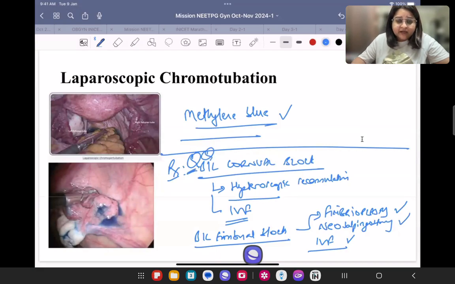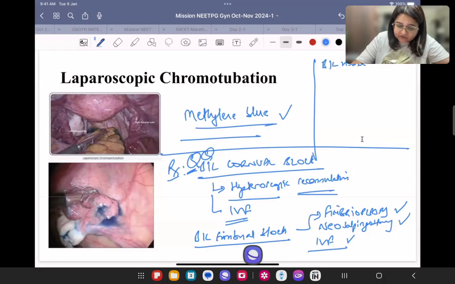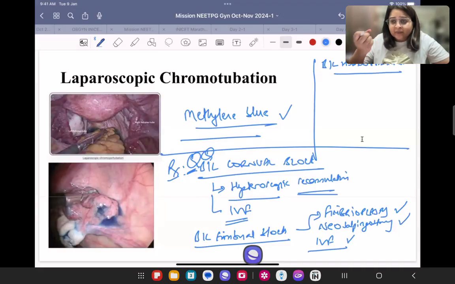Treatment of choice for bilateral cornual block is a hysteroscopic recannulation. Okay. Now, if there is a hydrosalpinx, if there is bilateral hydrosalpinx, that means the tube is damaged. Okay, the tube is damaged. You can't open up a damaged tube. How do you recanalize the tube? Vinita, good question, but beyond the scope of this lecture,